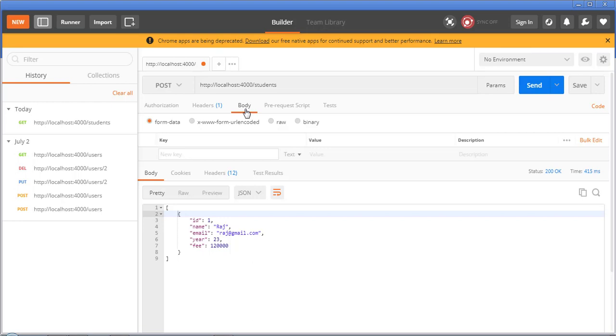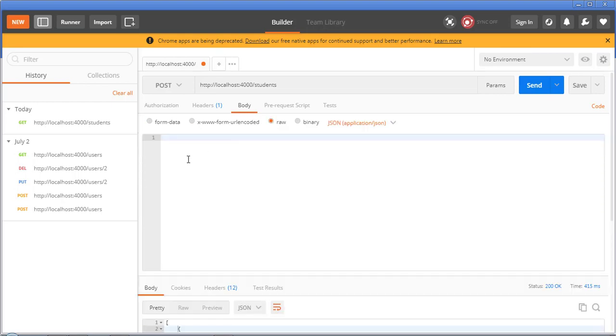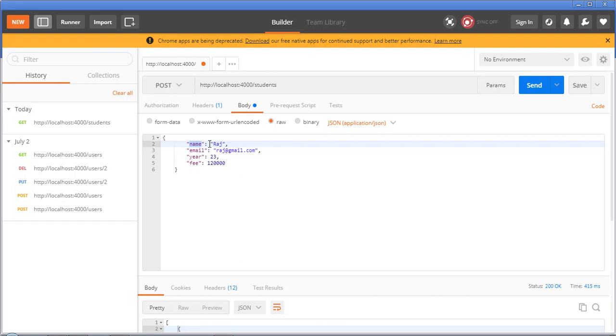Now let's come to the body, and here raw, and here we have to provide a new object, the one we want to create. Remove this ID, because the ID will be generated automatically, and for the name I will call it Neeraj, and here Neeraj 34, and I did some changes.